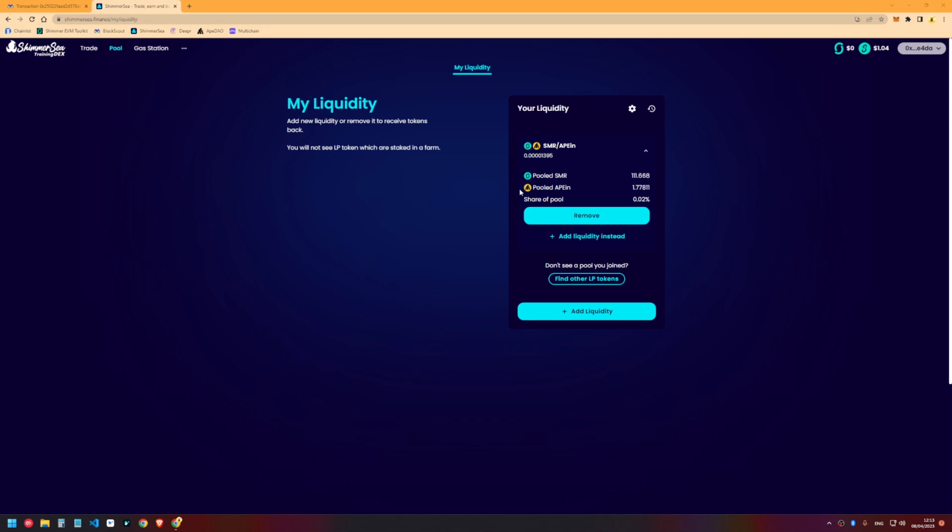So other than this, once you add Shimmer APIN liquidity or any other liquidity, this is permissionless, so you can add any liquidity that you want. If you spin up your own token, Salt, and you want to make it liquid, you want to make it tradable,